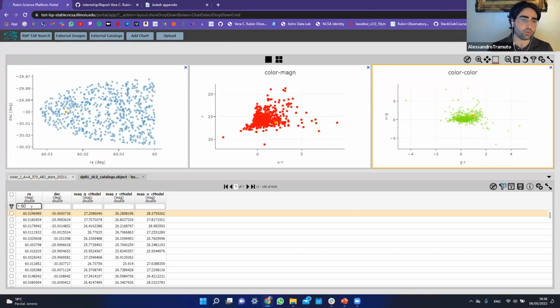and doing so, you can see very quickly in the first plot that we see only the points with the right ascension greater than 60, but also on the other two plots we see only this type of points. We don't see the other points. Or we can see that clearly. We have to highlight all these points, in particular to see only the points with right ascension greater than 60,